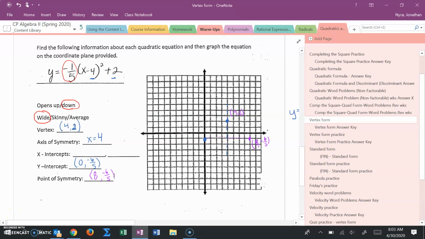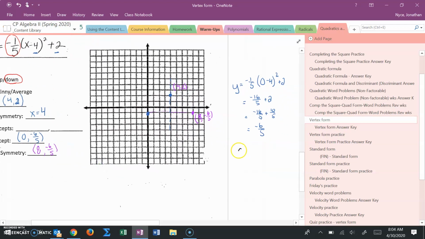And then remember, the last part is our x-intercepts. And again, we save that for last because sometimes we can save ourselves a little bit of time. Again, in this case, we're going to have x-intercepts right here and right here. And we want to find those by solving a quadratic equation where the y value is 0. Let me get that set up. So if the y value is 0,